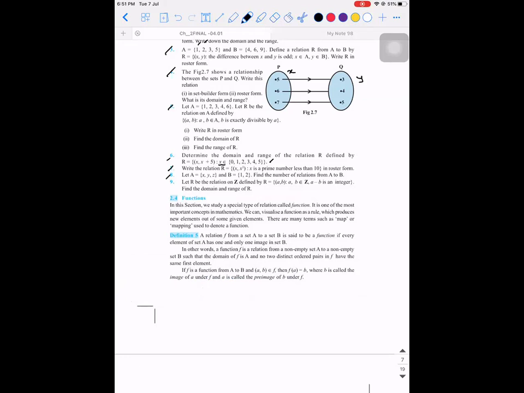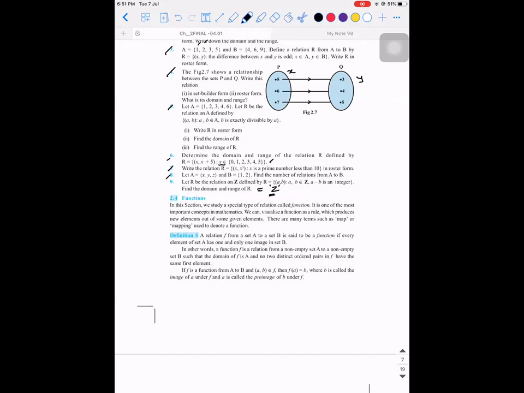So what will it be? It will be Z only. You need not work it out because Z is not a limited set. It is an infinite set, so you will have infinite combinations, a never-ending combination. I can take A as 0, B as 0; A as 0, B as 1; 0, minus 1. It's unlimited combinations, but all those combinations will come from the integer set. So the domain and range in both cases will be this set.